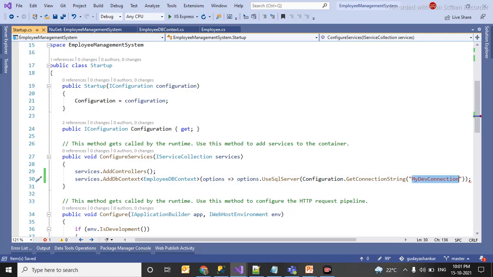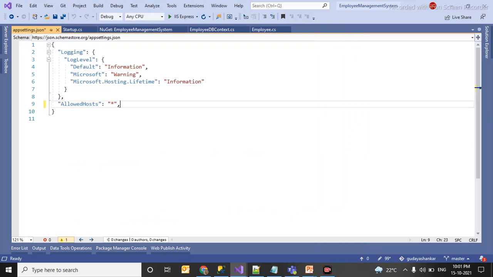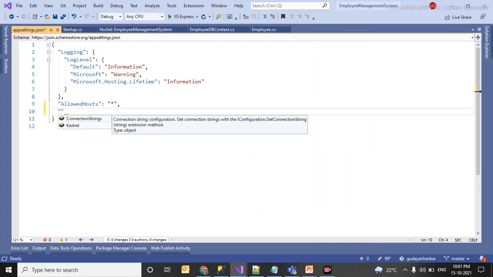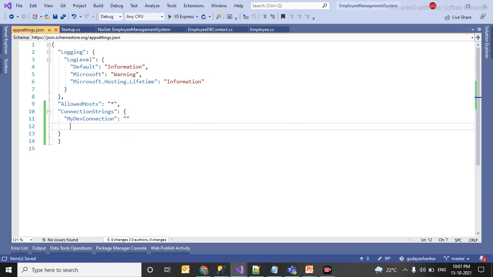Let me go and create this connection string in appsettings.json. For this, you have to specify the connection string, then the name of the connection string, which is my dev connection string, and you have to give server credentials here. So let me copy paste that.